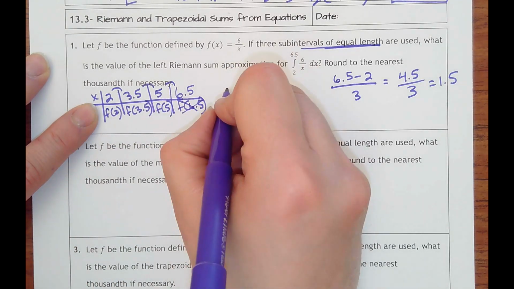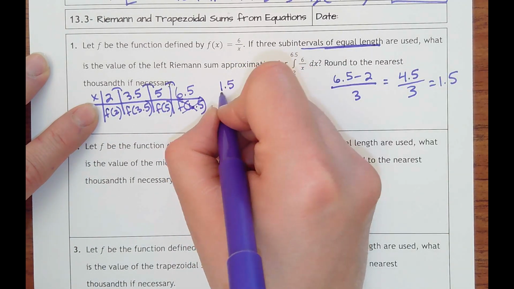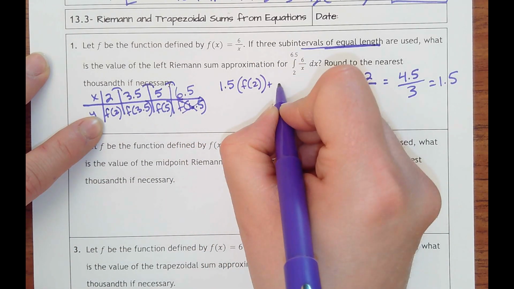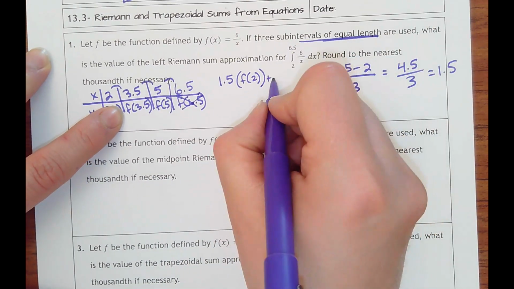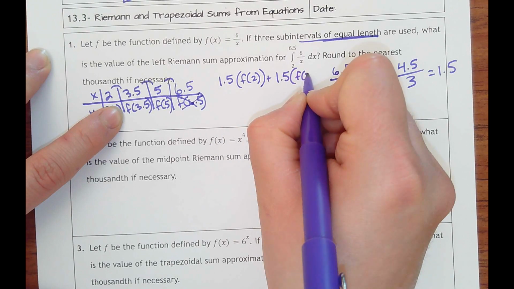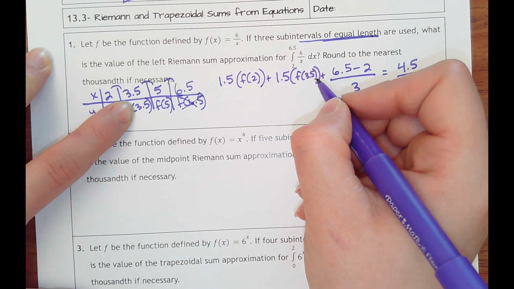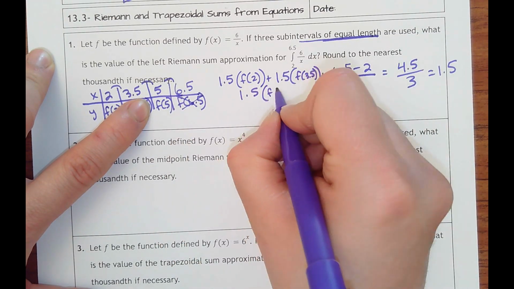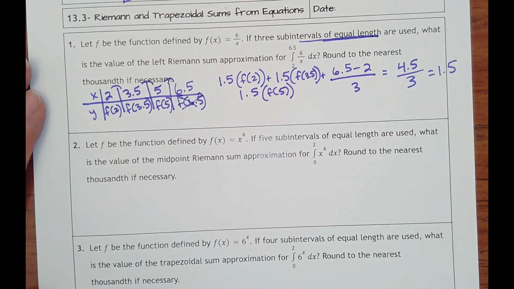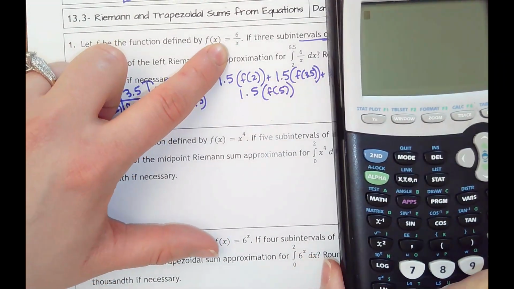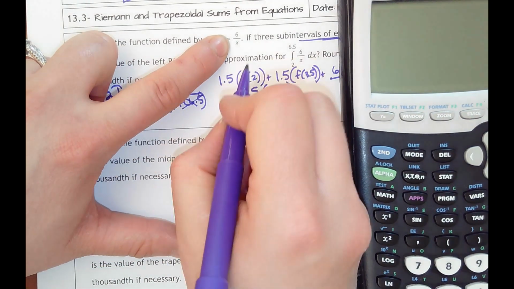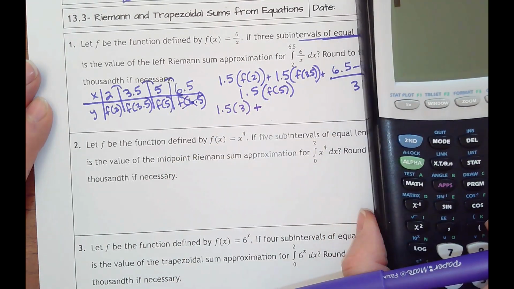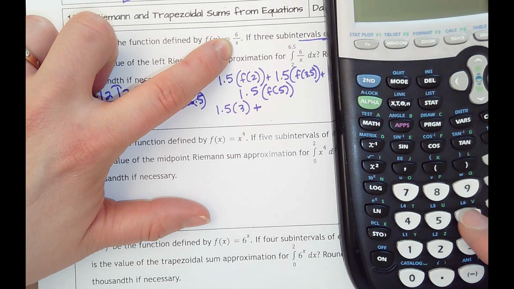So every time I have a width of 1.5 times f of 2, plus another width of 1.5 times f of 3.5, plus, one more time, the width of 1.5 times f of 5. Okay, so our equation every time is 6 divided by x. If I plug in 2, 6 divided by 2 makes y be 3. So I'd take 1.5 times 3, plus 6 divided by 3.5